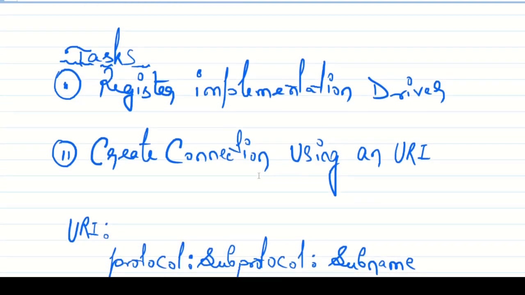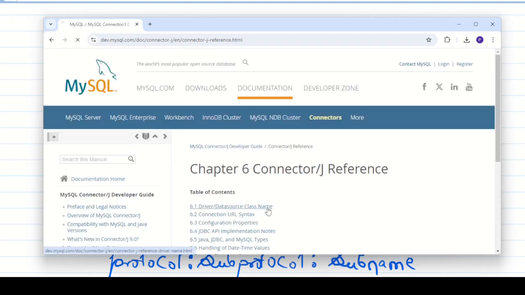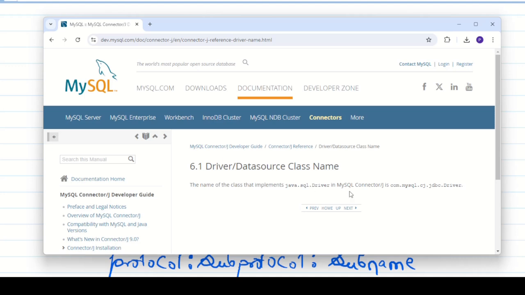So we need to register the driver implementation in our code, and then after that we need to create a connection using a URI. So let's see, again go to the MySQL documentation, and here if you go to this reference, you will see that the driver that they use is this driver. So this is a class in their jar. So we need to register this first,